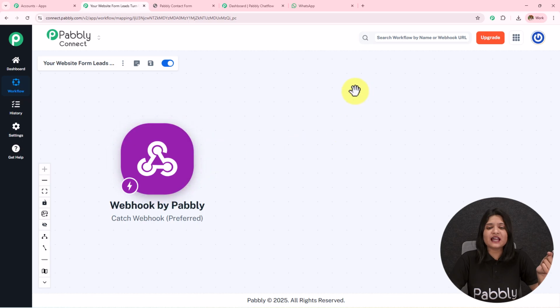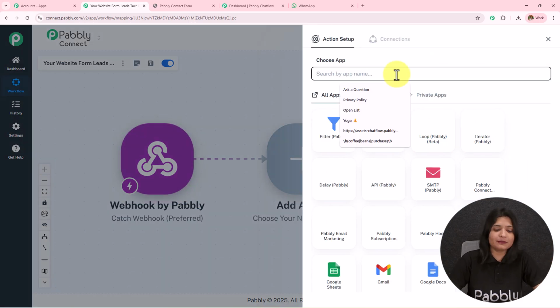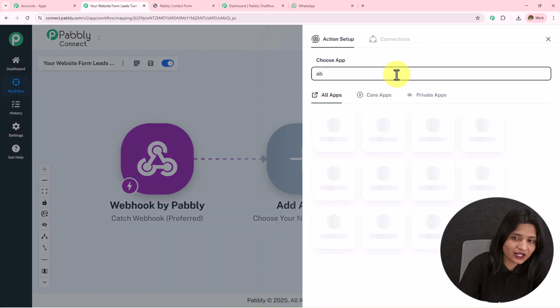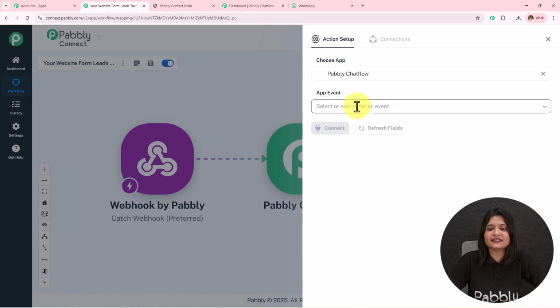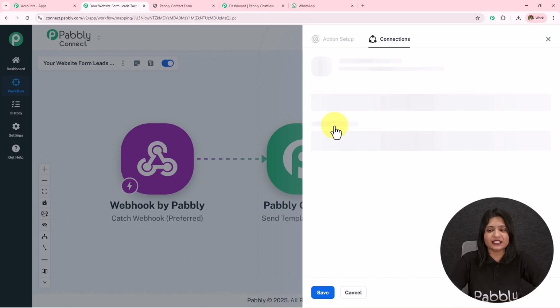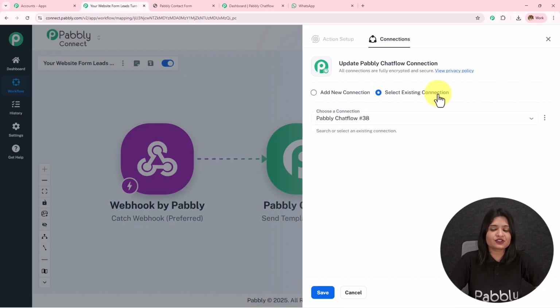I'm going to click on this add new action step, and in my action application, I'll search for Pabbly Chatflow. In my action event, I'm going to select send template message and then click on connect. If you have an existing connection, go with save. If you don't have one, click on this add new connection, and then to make this connection, you have to